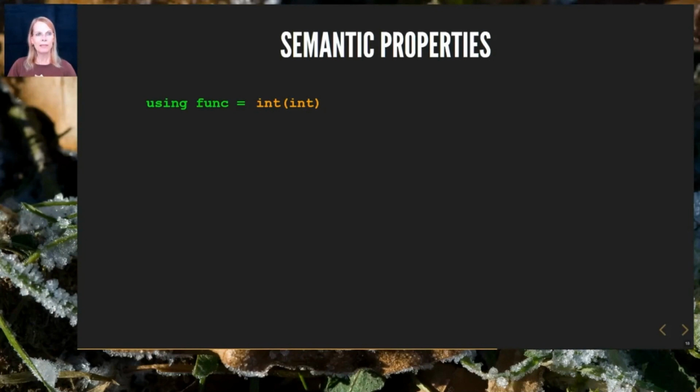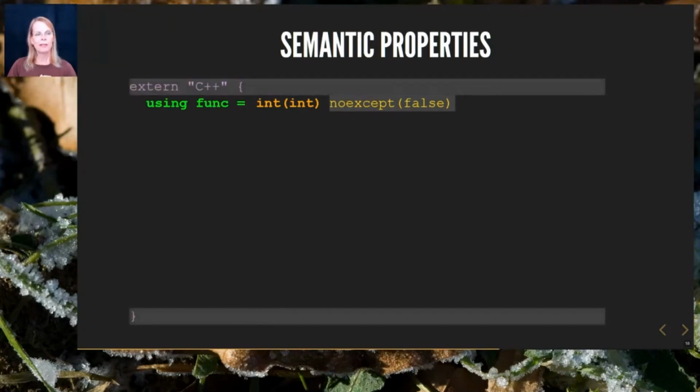Implicitly and by default, it also has an exception specifier, and it's living and having external C++ language linkage. We can declare a function bar of this function type and put it into a namespace and give it a different language linkage.